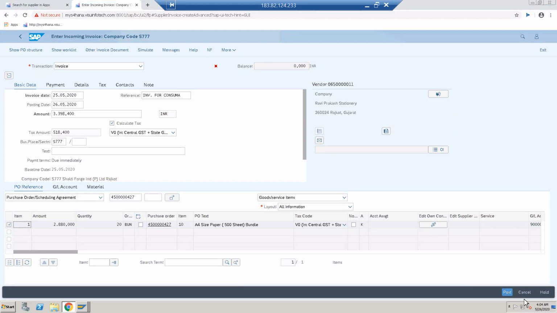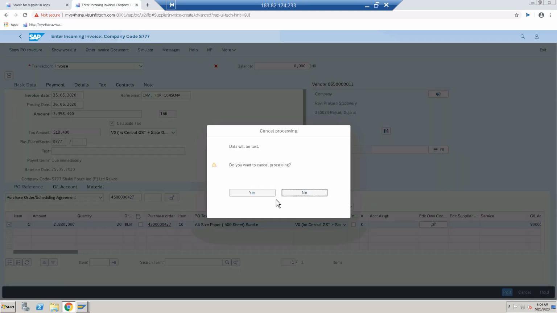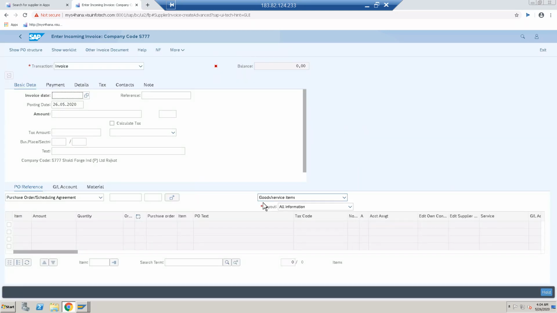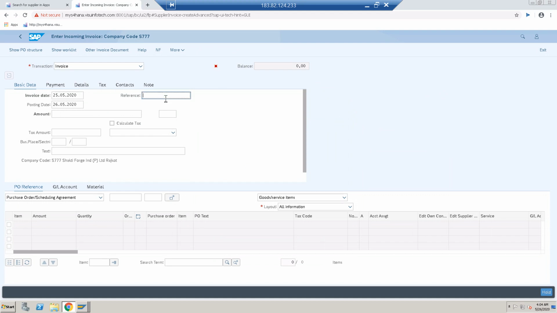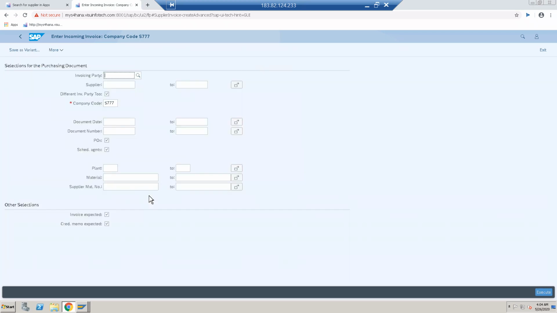Just come back. Again I have to do invoice verification, because there was an error. Okay, enter your reference of invoice. You can enter anything you want, and search your purchase order with respect to your supplier.